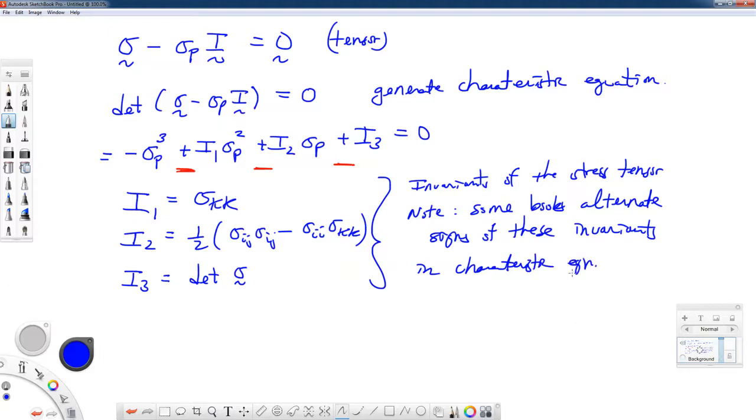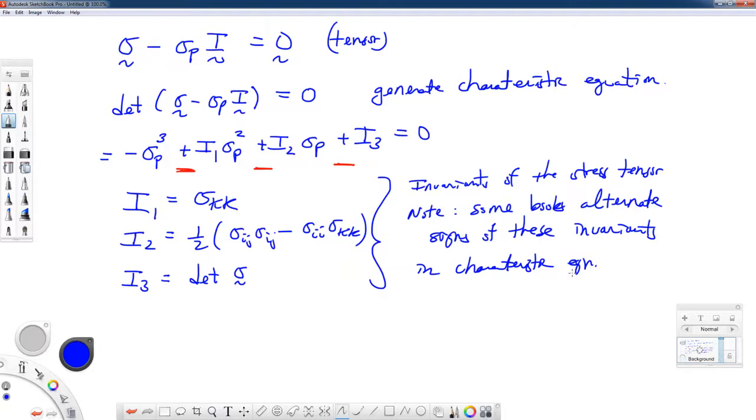Well, what we can do then is we can use that characteristic equation, solve the cubic for sigma p. We can get roots 1, 2, and 3, as we talked about. Corresponding to each of those roots are 3 eigenvectors. Those 3 eigenvectors, by the nature of there being an eigenvalue problem, are going to be mutually perpendicular to each other. And so we can define directions in space in which we can reorient that cube such that we have all and only normal stresses, all perpendicular to each other in some particular orientation. As we talked about for the strain problem,